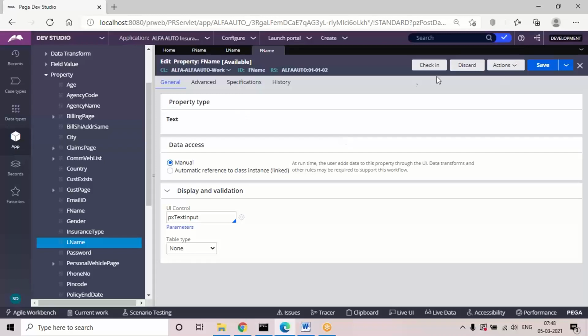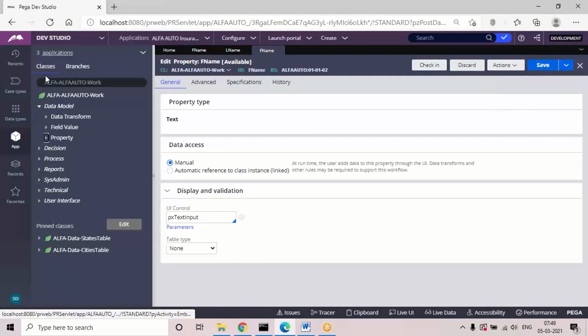See, if you open and click on checkout and save the rule, but you forgot to check in, then what are the changes done here, if another developer wants to access this particular rule, they will not be applied for the other developer. Only for you will these changes apply. Suppose there is an alpha 1 id. If I try to access this rule from alpha 1, the old changes are what will be applied for him. When you click on check in, only then will it apply the new changes for that particular developer.